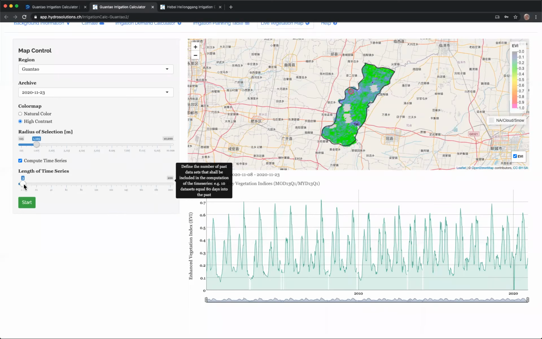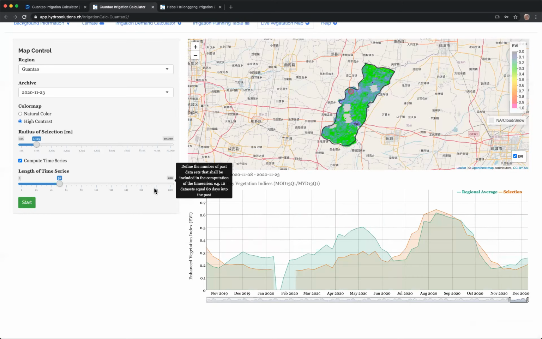If we want to calculate the time series for an entire year, here you have to choose 52, because we have 52 weeks in a year and our data in the database is 1 image per week. We start the calculation, and in the lower right corner you will now see this icon, a progress bar, showing how quickly it calculates. The longer you choose the time series to be, the longer it will take to calculate. Once it is done, it will zoom in to the past 52 time steps that we have, that's the past